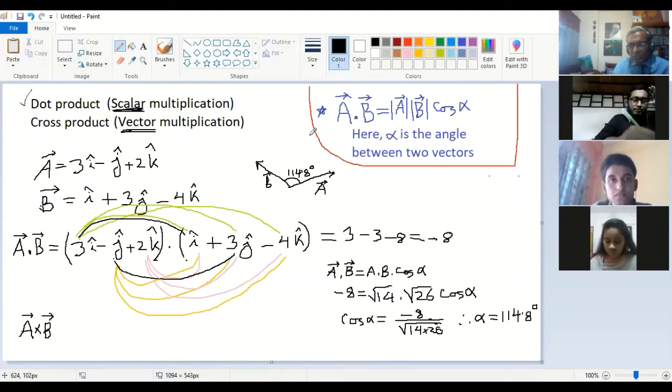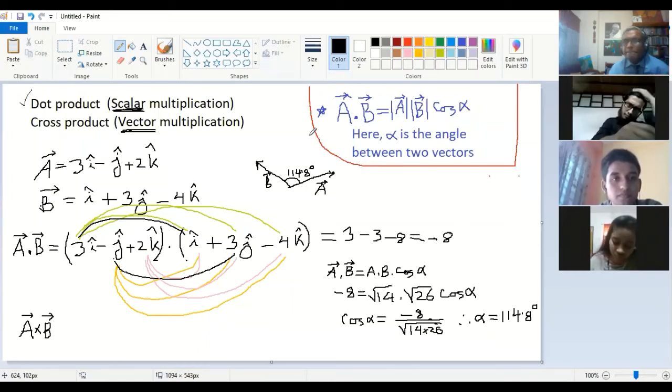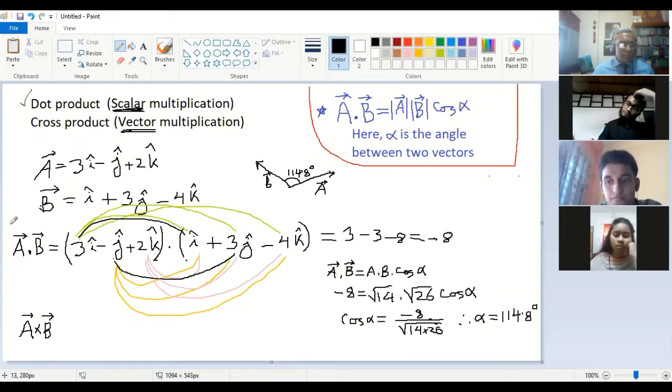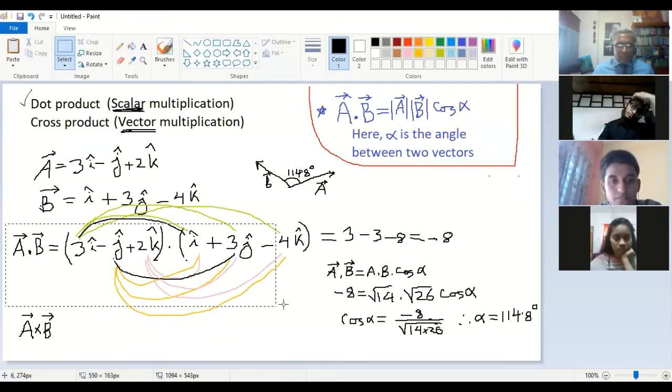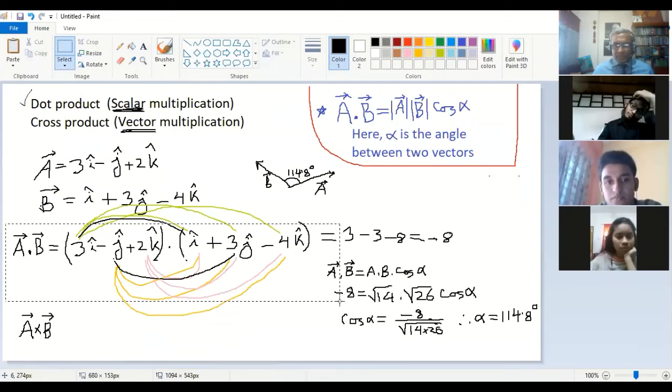So this is the dot product, and if you do not have any particular question, let me move to the cross product. Is that okay, or do you have any question on this? No, sir. No question, sir. Okay, good. So let us move to the next, because today I want to finish, if possible. If not, then continue to the next class.